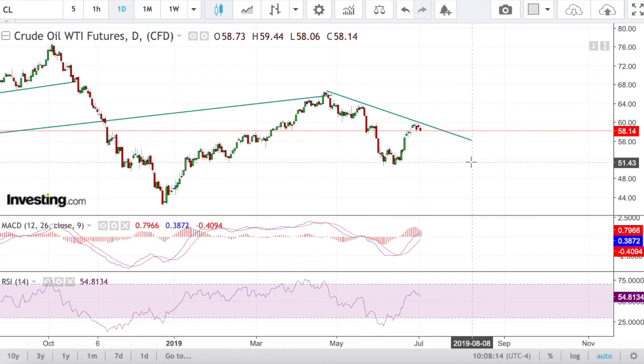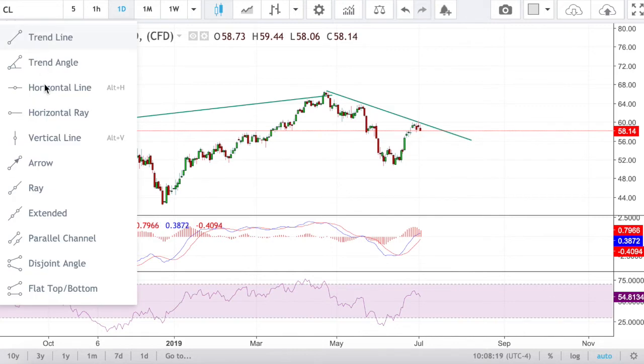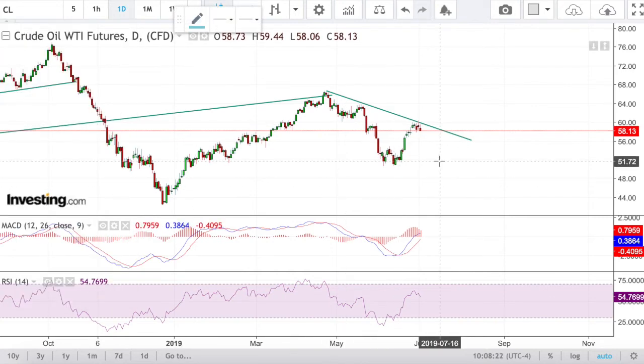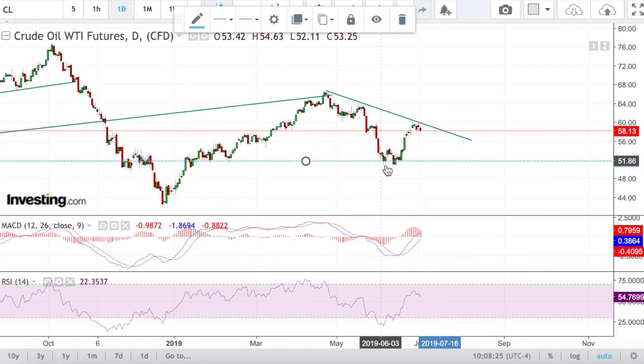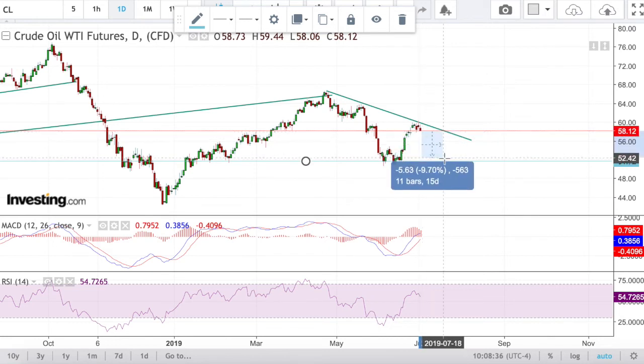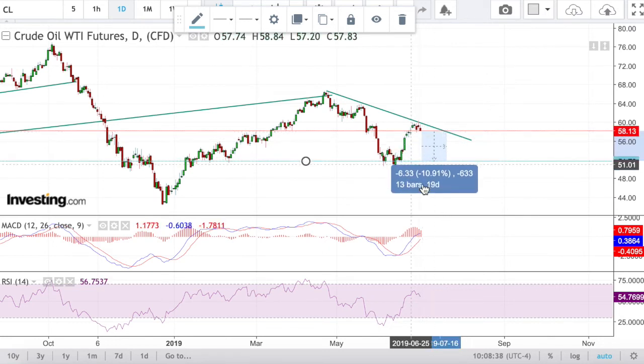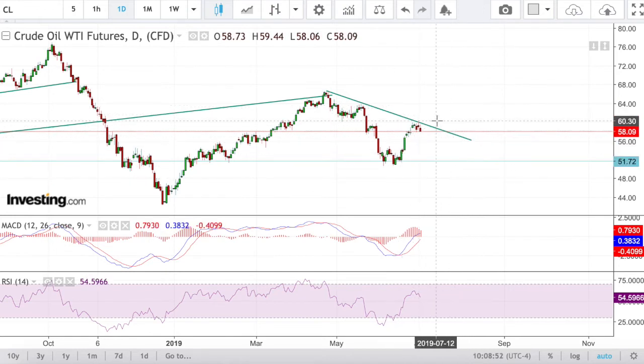So for the purpose of this video, I always like to make a trade setup when I make a video, with a target and a stop. I am going to make the target here, the support level. We might see a reaction off of this support level, definitely. So if you're trading crude oil, just know that I am waiting to see what happens when we hit this 51 level, and that would be a nice 10% move. I am trading with DWT, so that would be a nice 30% gain on crude oil, shorting crude oil. So that would be a nice return